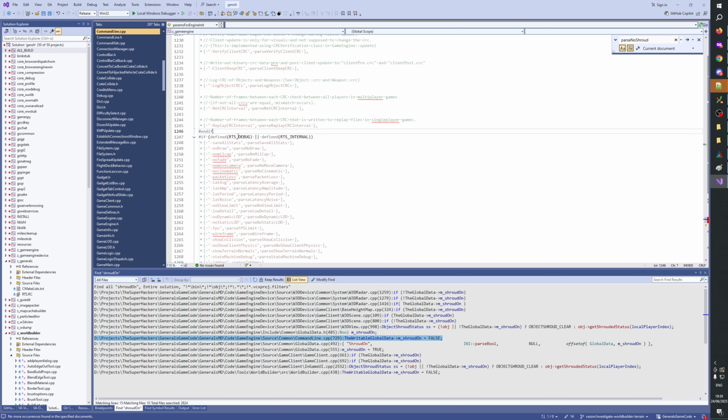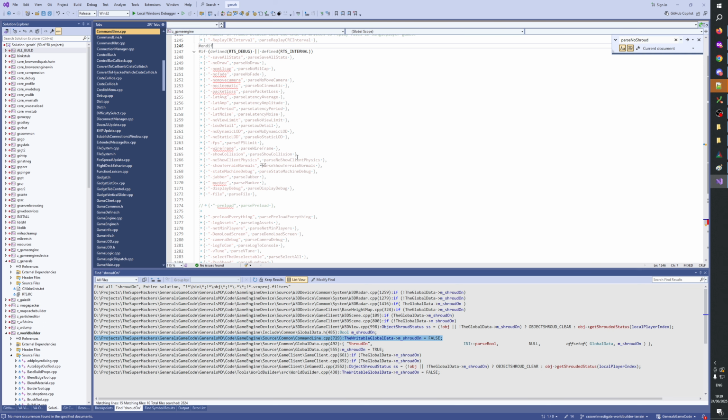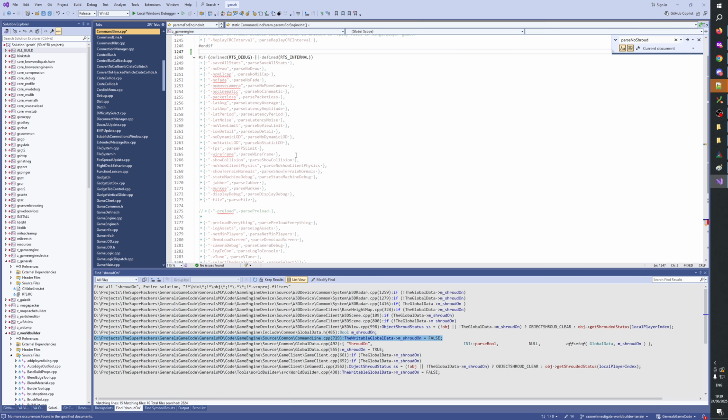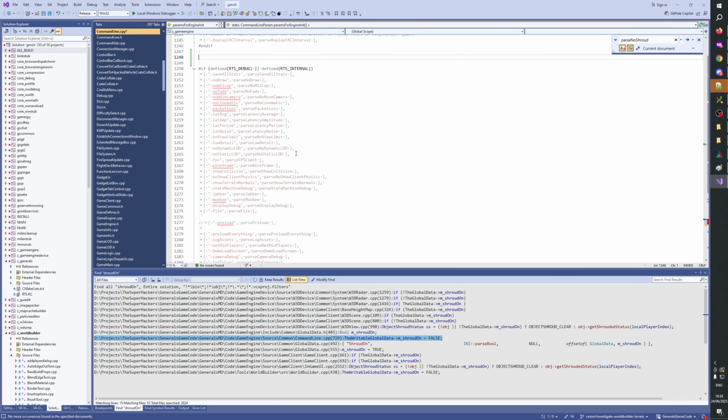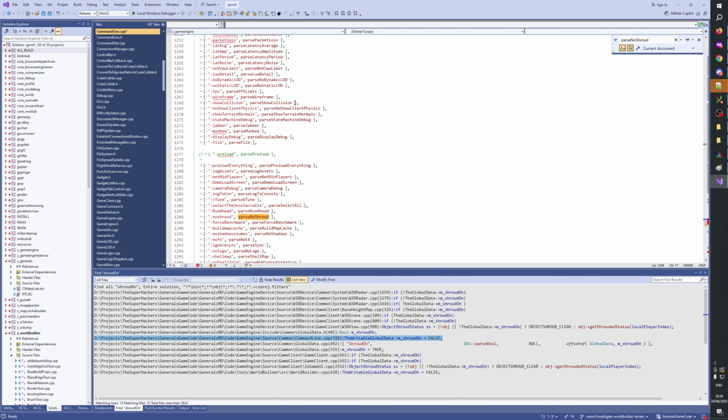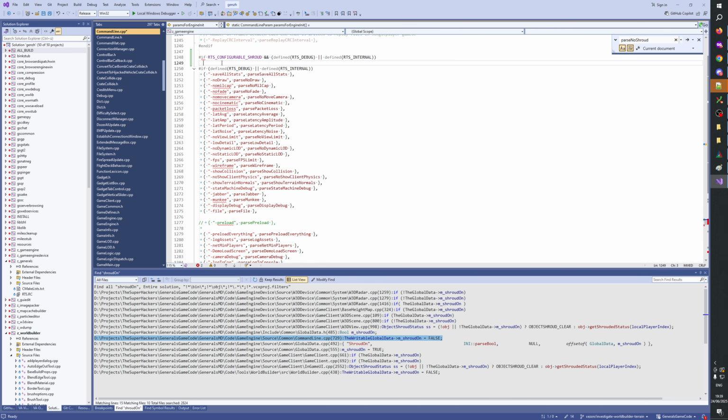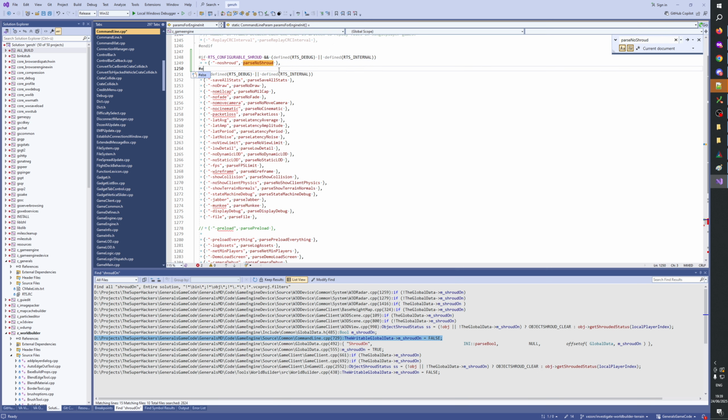Debug CRC. Then we say here if, yes, configurable shroud, and if